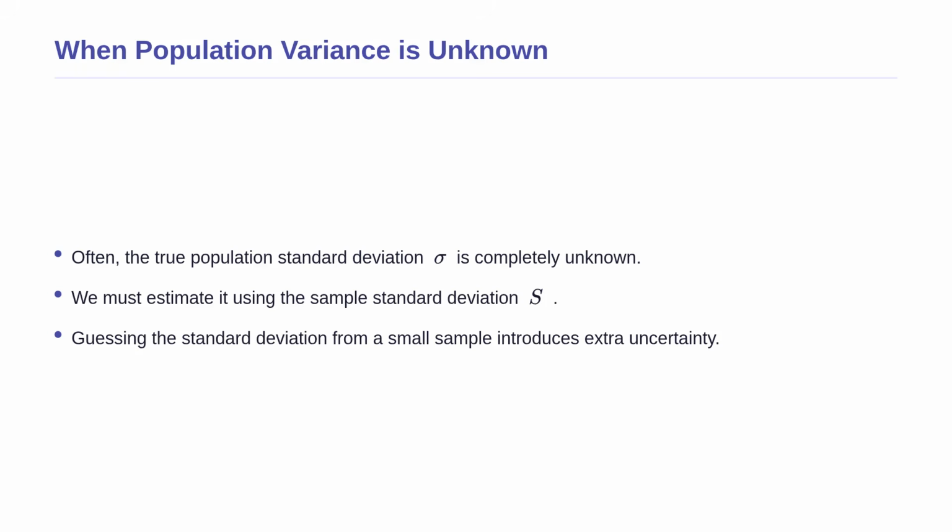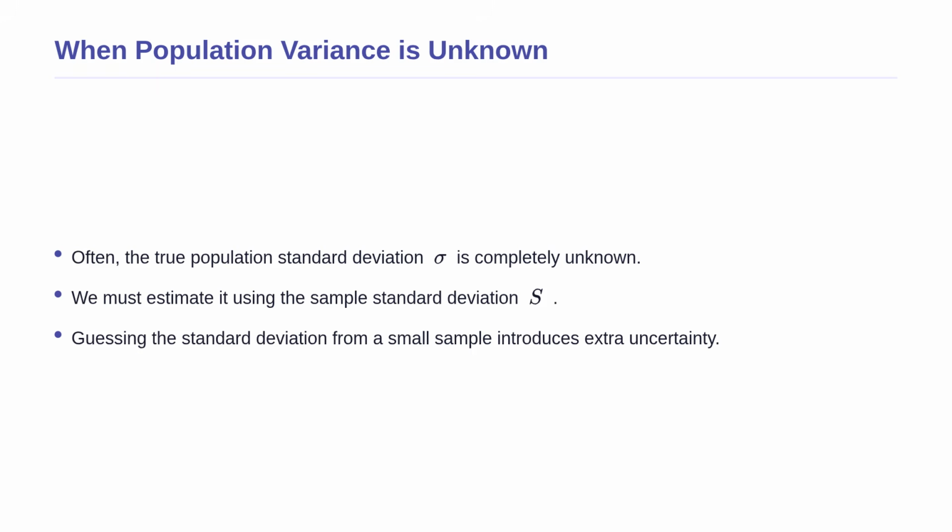In the real world, we almost never know the true population standard deviation sigma. Because it is unknown, we are forced to estimate it using the standard deviation of our small sample, denoted by S. Guessing the standard deviation from just a handful of observations introduces even more uncertainty into our math. The standard normal distribution can no longer handle this extra guesswork perfectly. We need a different exact distribution that mathematically accounts for this specific type of uncertainty when dealing with small samples